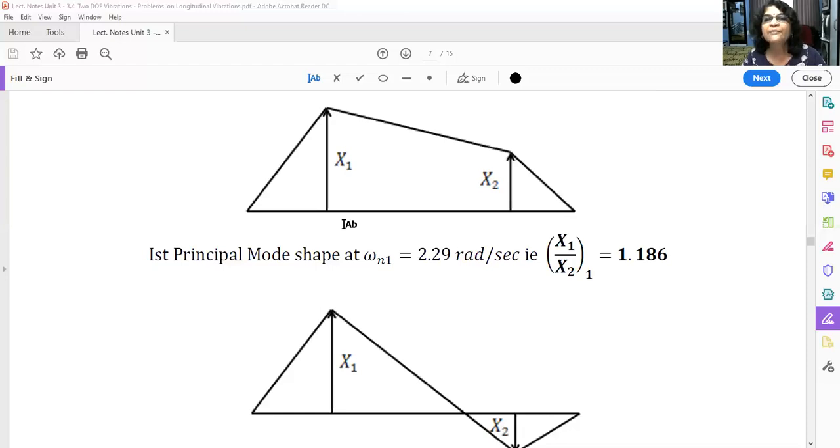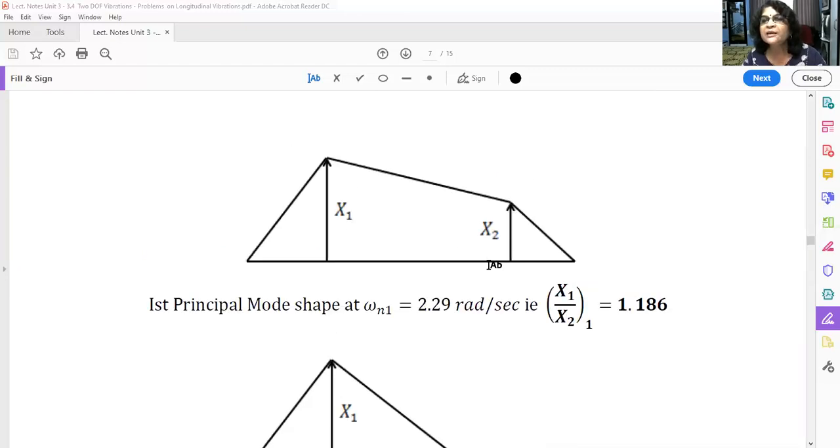So this is the diagram. Here it is, suppose, mass m1, here it is m2. This is your total system. Now this is your node point where zero vibrations are there. This is the second node point where zero vibrations are there, and in between this the system will vibrate horizontally. So these horizontal vibrations are shown here like this. So where is the maximum displacement? At m1, that is 1.186. But as you go from here towards the node point, your displacement decreases.